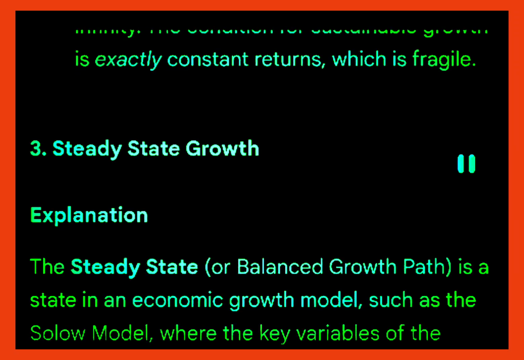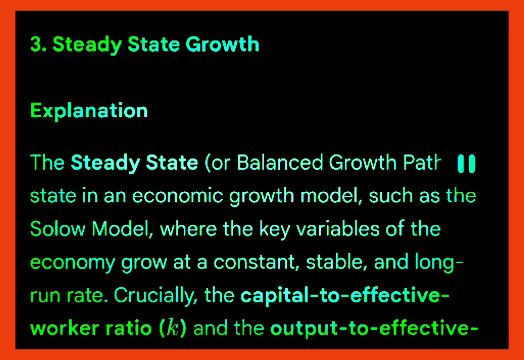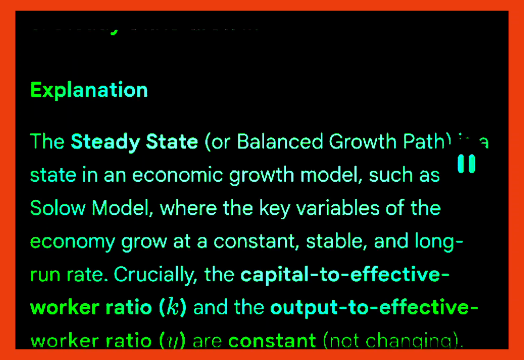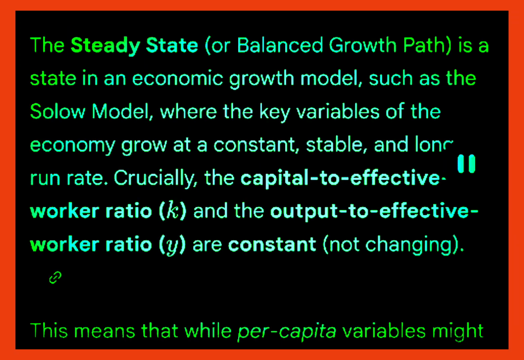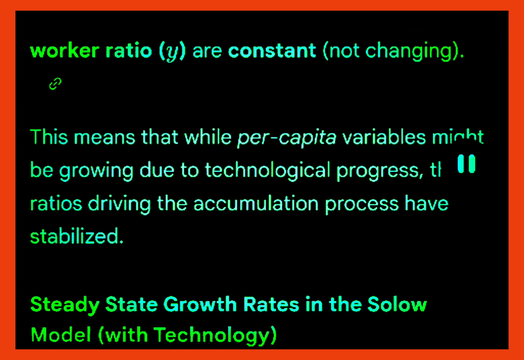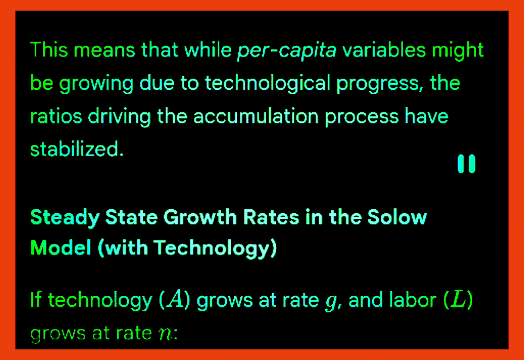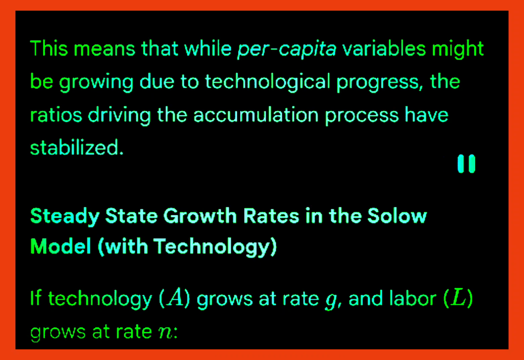3. Steady-state growth. Explanation. The steady state, or balanced growth path, is a state in an economic growth model, such as the Solow model, where the key variables of the economy grow at a constant, stable, long-run rate. Crucially, the capital to effective worker ratio, k, and the output to effective worker ratio, y, are constant, not changing. This means that while per capita variables might be growing due to technological progress, the ratios driving the accumulation process